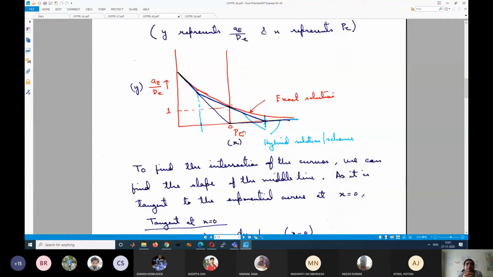So when we write the function, I will give a complicated example. I can write A as 1 plus P square if P is positive and A is equal to 1 plus P if P is negative. Okay, I'm just giving some arbitrary value. A is equal to 1 plus P square if P is positive, and A is equal to 1 plus P if P is negative. Okay, you can write on your sheets.